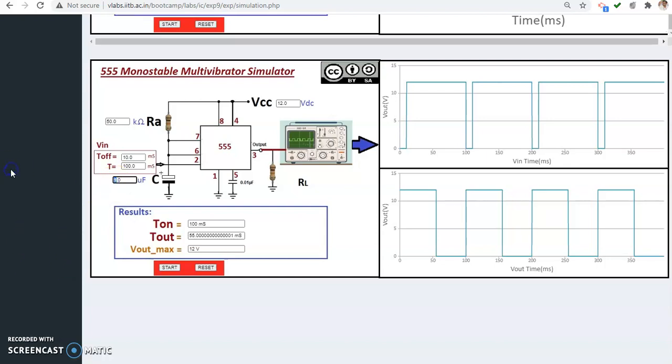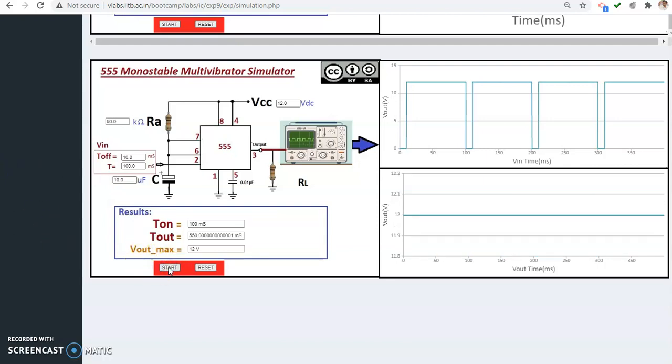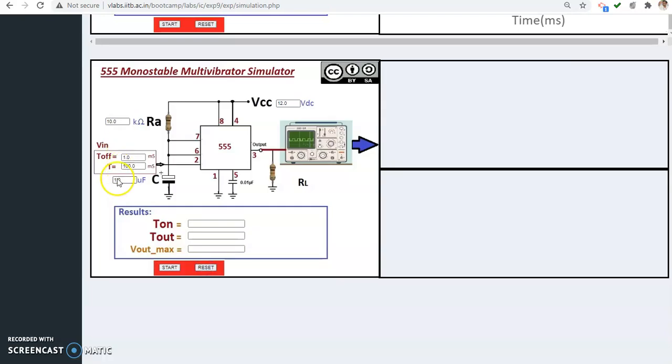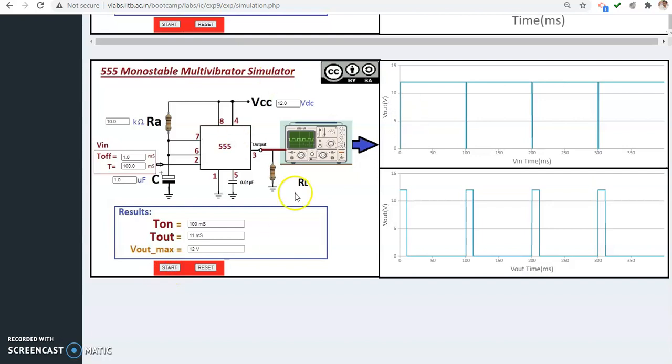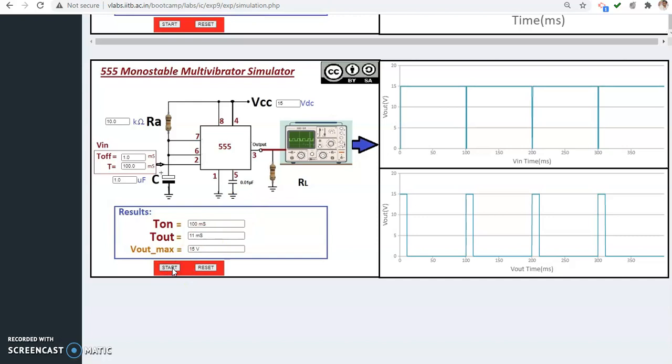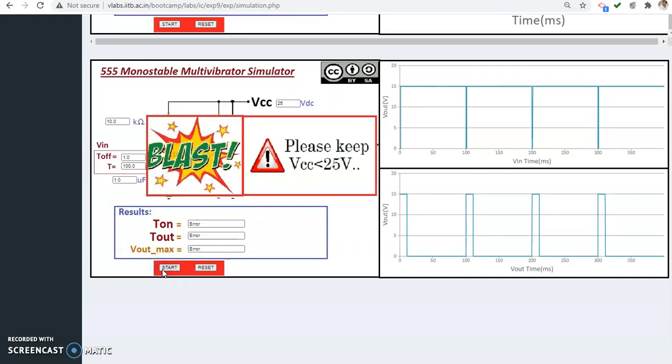Okay, then I will change the capacitance value to 10. So it is not tolerated, it will be distorted. So I can't use higher ranges of the capacitance. These are the limitations, so I want to use only the lowest range. Let's say I change the input source, up to 15. Why don't I apply higher ranges? Because there is a maximum range, it should not be applied. It is 18 volts. That's why. Okay, fine.